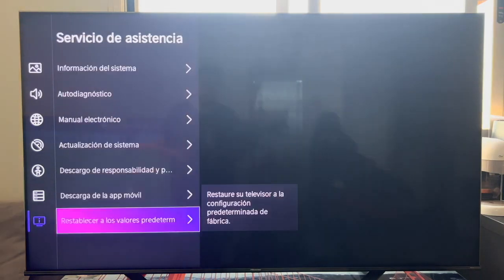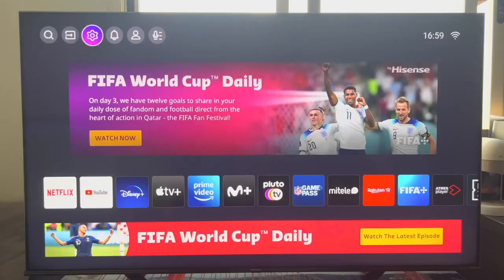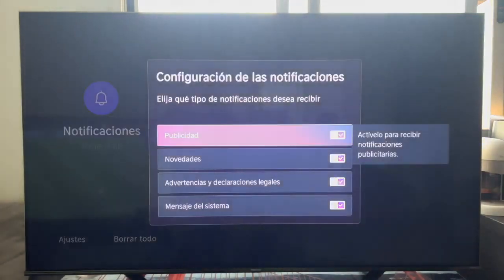And now, to finish this section, below we have the option to reset the TV settings in case we want to leave it as the day we bought it. Once we have seen this, as you have seen, it has been quite dense, we move on to the next